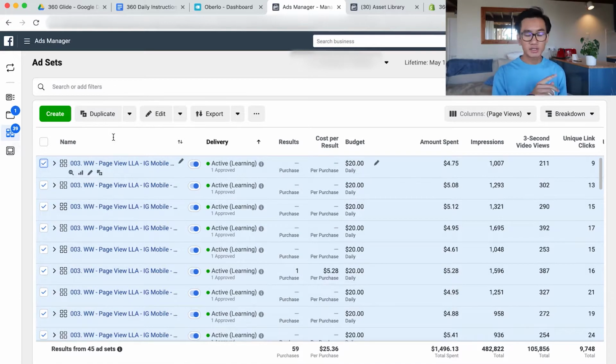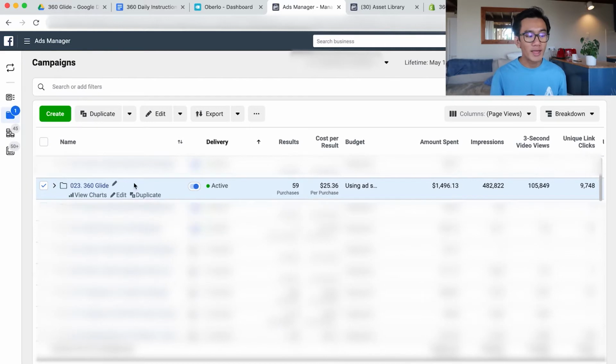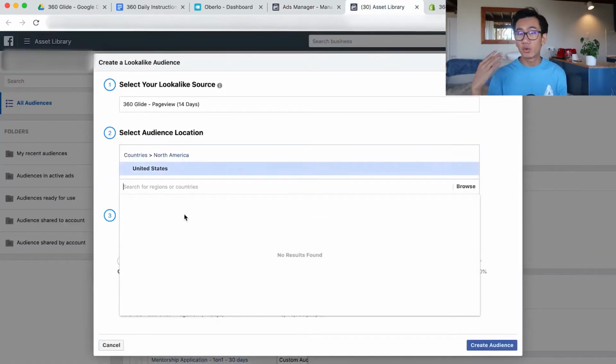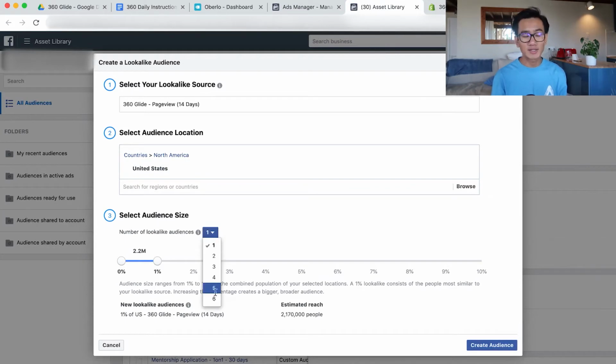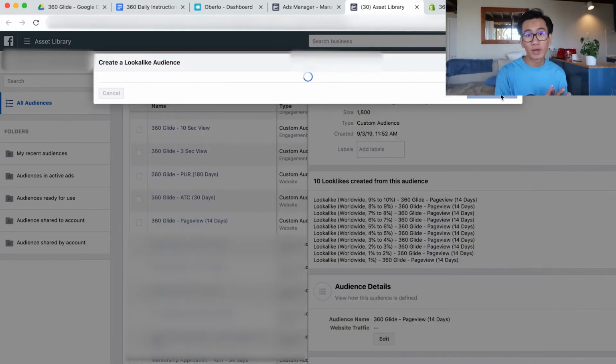So since page view went above 1,000, I can now create lookalike audiences for page view. I started with the worldwide lookalike audiences because that's where I like to start. And as you can see, already one of the ad sets got a purchase at $5.28. All my lookalike audiences, I'm setting at a $20 budget. Pretty expensive, but